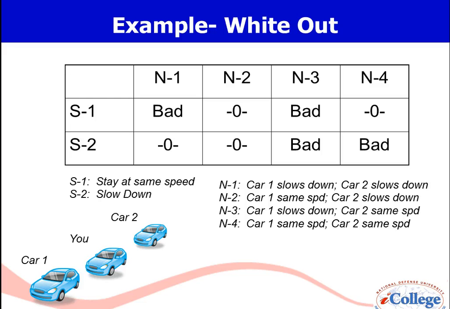Each of my strategies has 2 bad outcomes and 2 neutral outcomes. For example, if I choose to stay at the same speed and car 1 slows down, I'm going to run into it. That's a bad outcome. On the other hand, if I stay at the same speed and car 1 stays at the same speed and car 2 slows down, I don't run into anybody, so that's kind of a neutral outcome. Again, it would look like from this table, since there are 2 bad and 2 neutral outcomes,